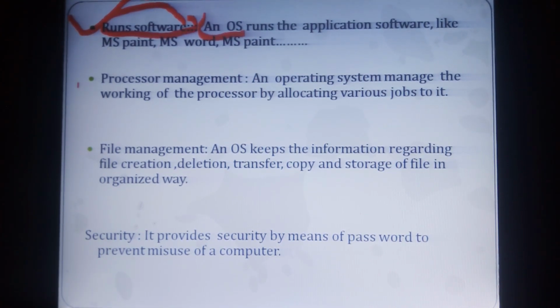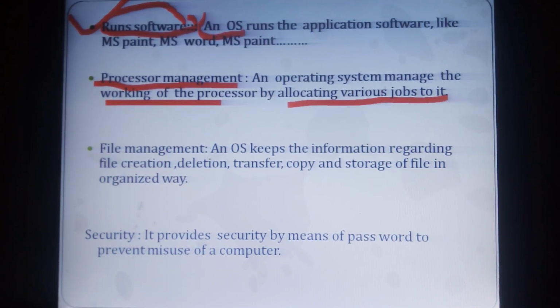Now coming to the next point, processor management. An operating system manages the working of the processor by allocating various jobs to it.